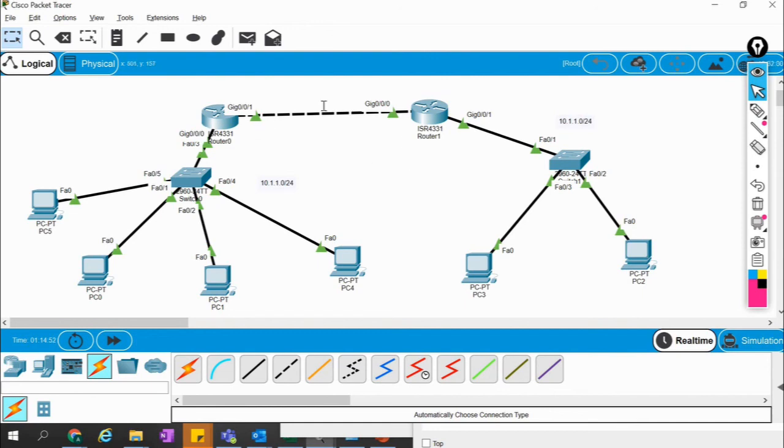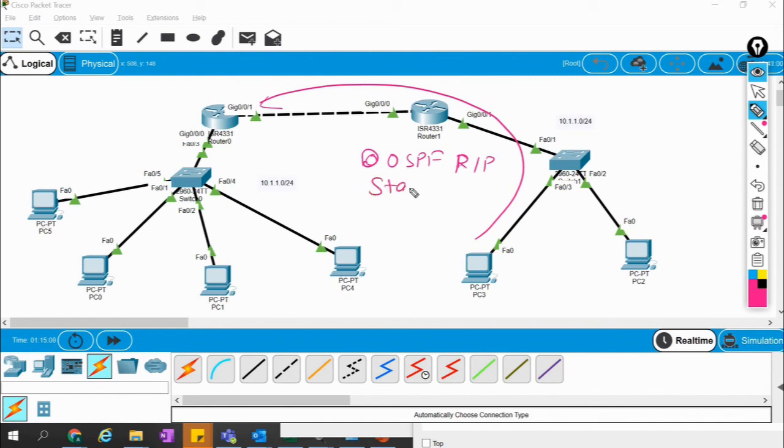So we have two options for that. Either we can use a dynamic routing protocol, that is OSPF or RIP, or any of the other dynamic routing protocols, to make the reachability from here to the DHCP server, or you can use static routes. So there are two options available here. You can use either OSPF or the static routes that we will configure on this router.